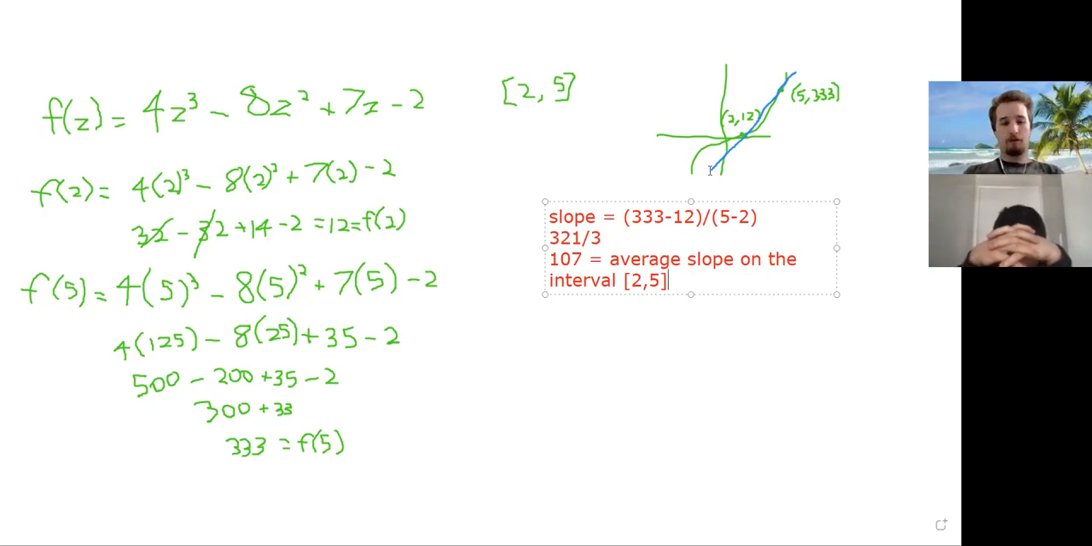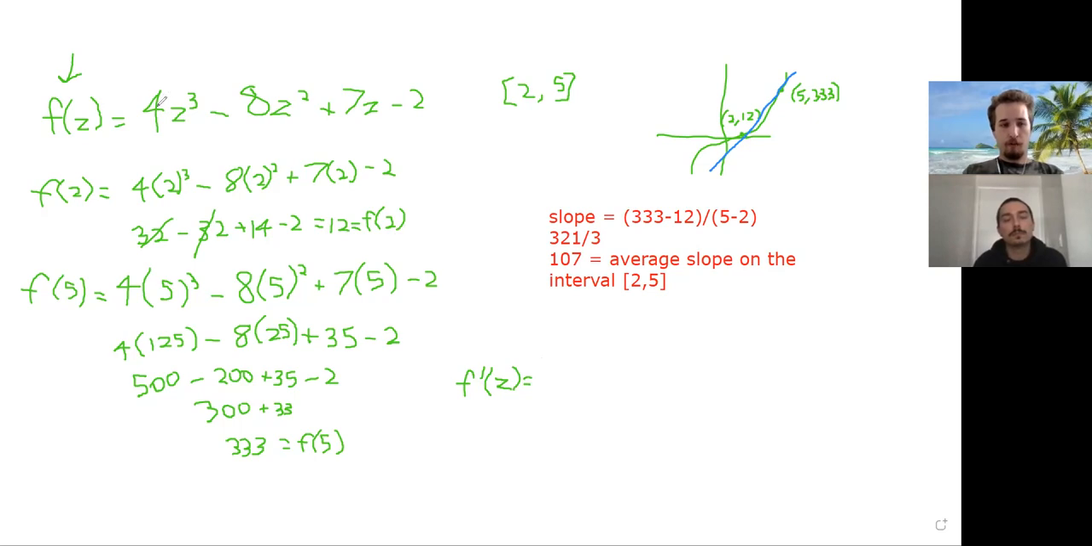And so now to satisfy MVT, we have to take the derivative to get our equation of slopes and find where on the interval it is equal to 107. So we have to take the derivative here, get our equations of slopes. So when we take the derivative,